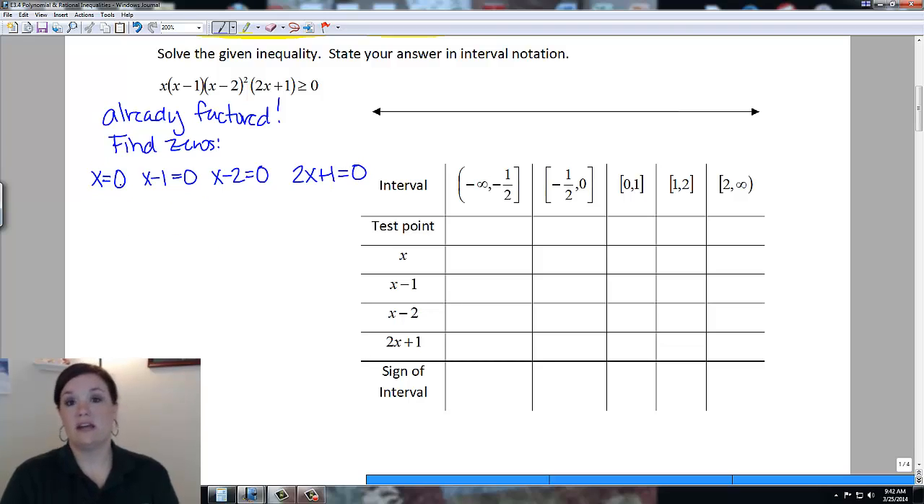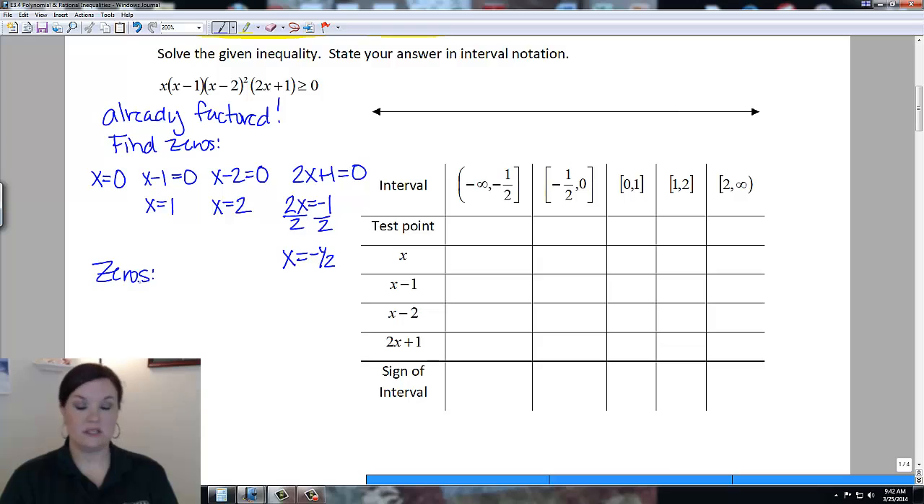The first one's already solved, x equals 0. The second one, I move my 1 over, which gives me x equals 1. The next one, I move my 2 over, which gives me x equals 2. And the last one, I move my 1 over, which gives me 2x equals negative 1. And then I divide off that 2. So I get x equals negative 1/2, which means that my zeros for this polynomial inequality are 0, 1, 2,